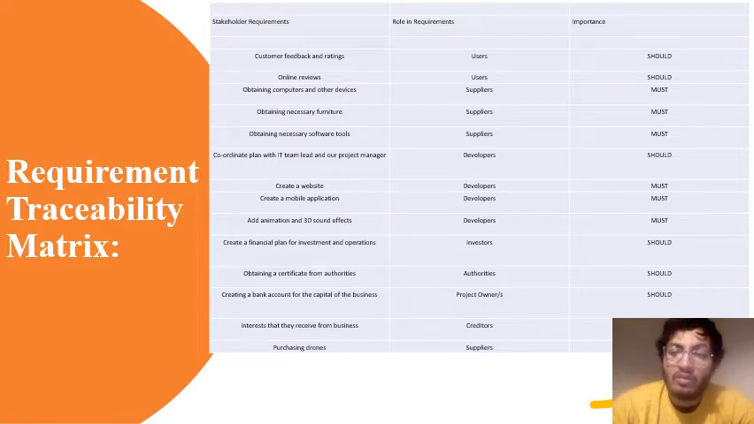Developers have four things. Developers should coordinate the plan with the IT team lead and project manager, while developers have to create a website, create a mobile application, and create animation and 3D sound effects. Now the next one: investors should create a financial plan for investment and operations, while authorities should obtain a certificate for authorities. Project owners should create a bank account for the capital of the business, while